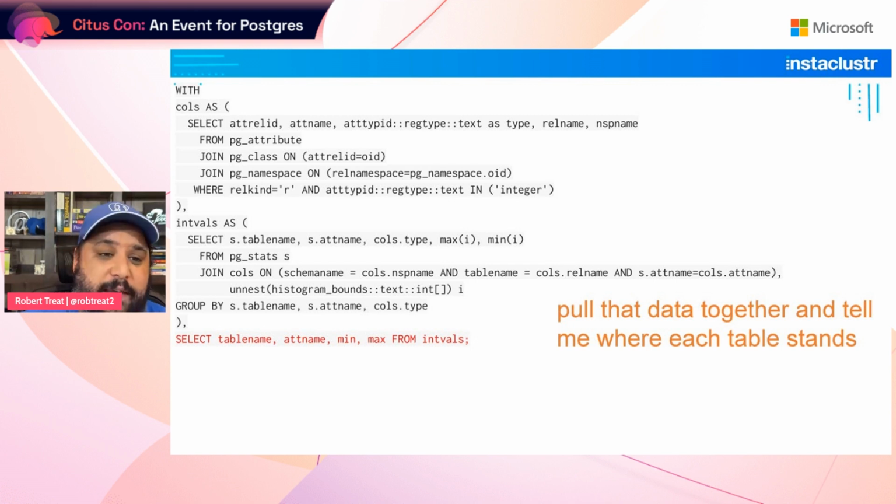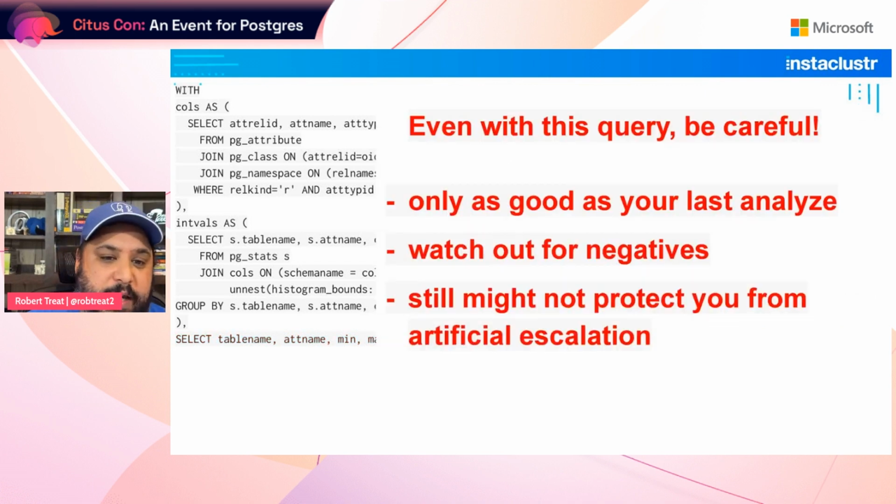This query will be pretty fast on a 500 table database. This should come back in like a second or two at the most. So this is a pretty cheap query to run. And this will get you a pretty good idea. You can run it multiple times and get a rate of change over a few days, or figure out where you are in that.